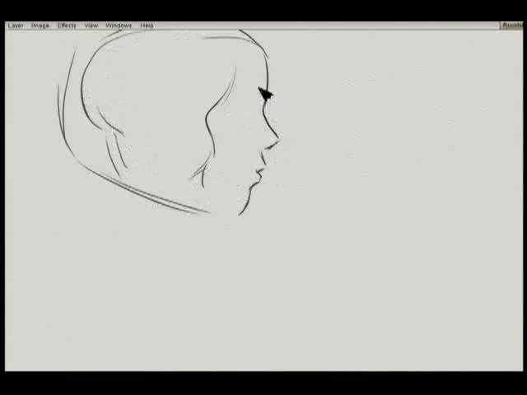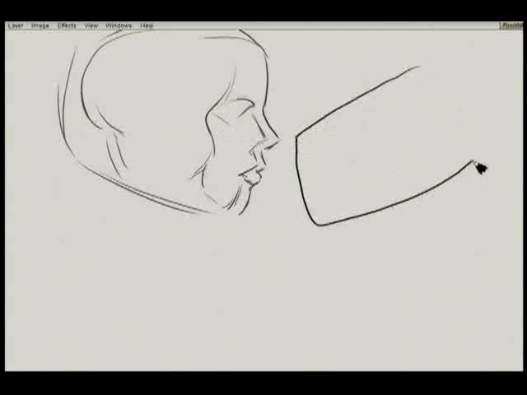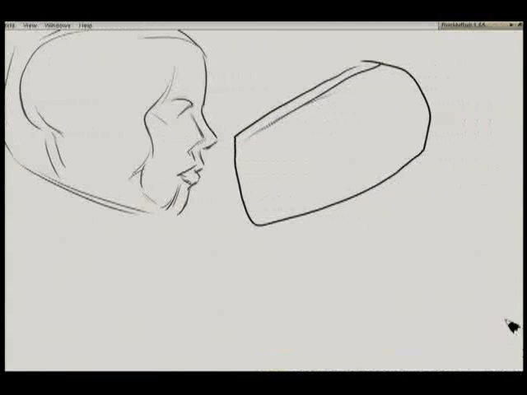Even for the nose, see that? I'm putting contours wherever the surface changes direction. So you can use this to indicate the planes of a face. Any kind of object like this, you can add additional form to it